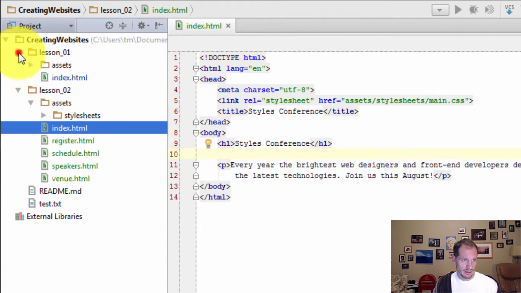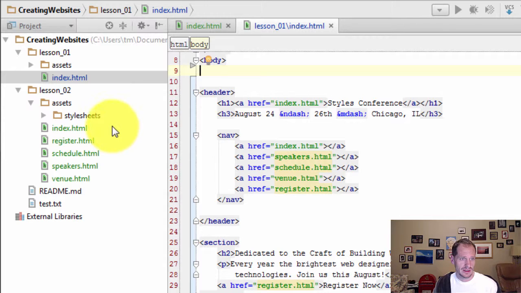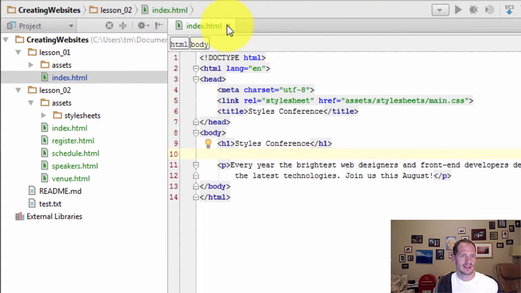What the heck? Have I been working on this one? I've been working on this one. I got them mixed up, man. That's what happened. All right, so to fix that,